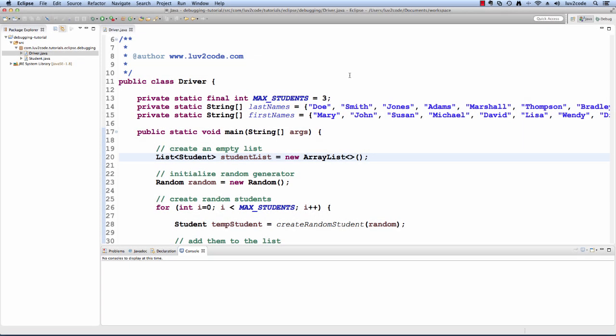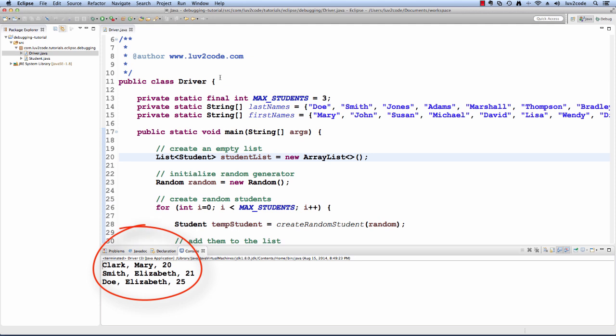We will learn how to use debugging with a sample program. I have a program that would generate a list of random students. The program will also display the students. I'll run the program just so you can see the output. And as you can see at the bottom, the program simply creates 3 students and displays the information to the